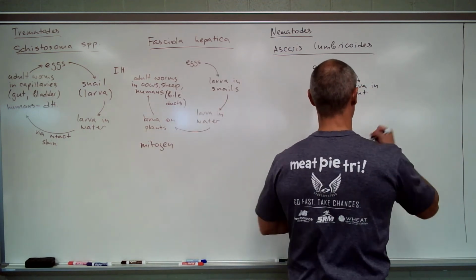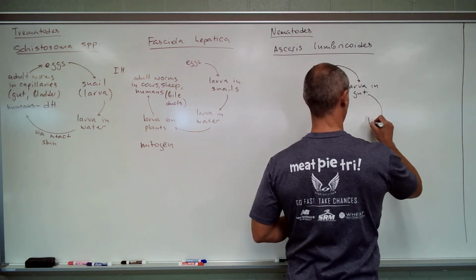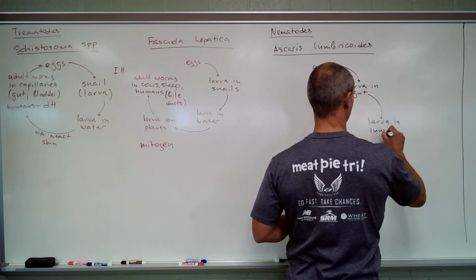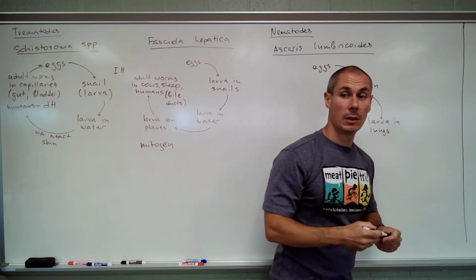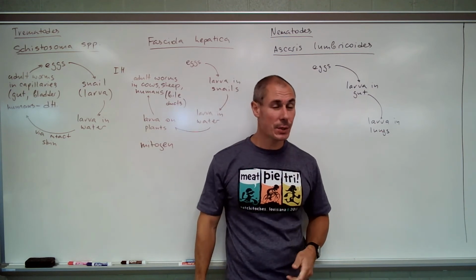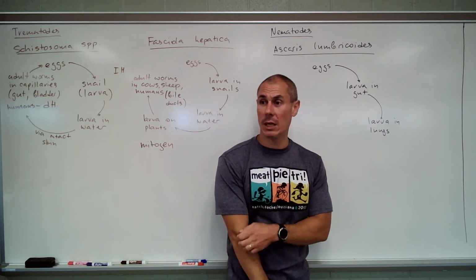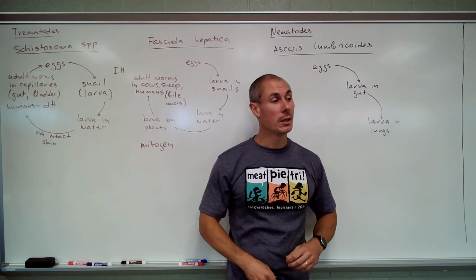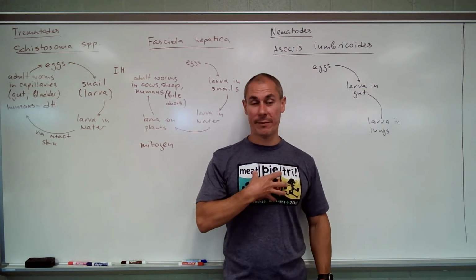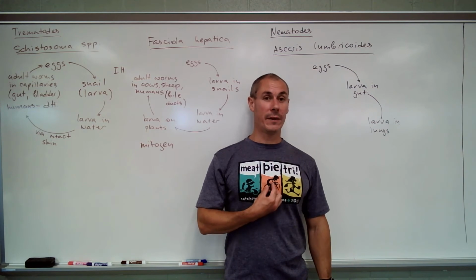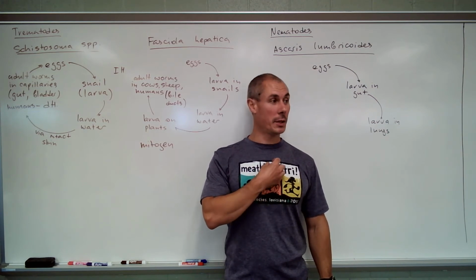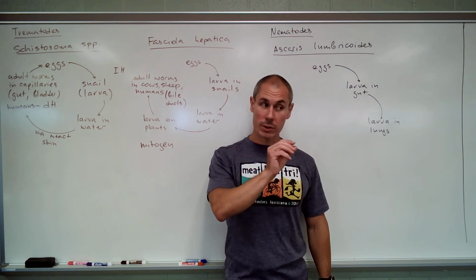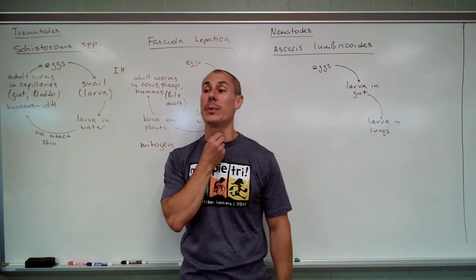So blood brings larvae into the lungs. Now, when something fairly small but kind of irritating is in your lungs, what are you going to do with that? Cough it out. It's the second symptom. People start coughing. And they cough it up and up and up, and all this larvae within the mucus, they're really small. They get all the way up to your larynx.